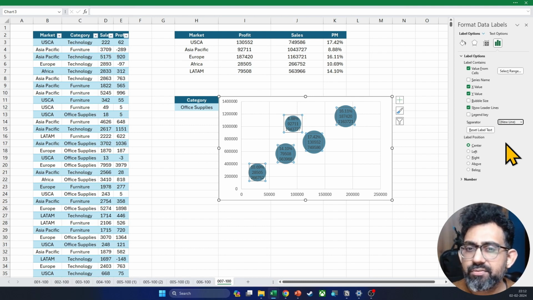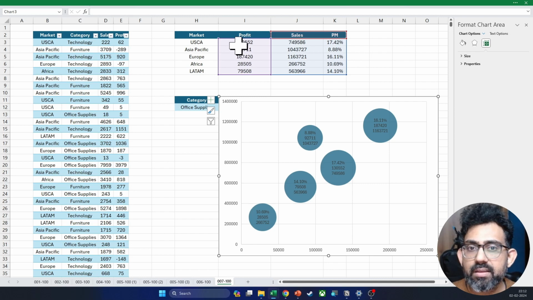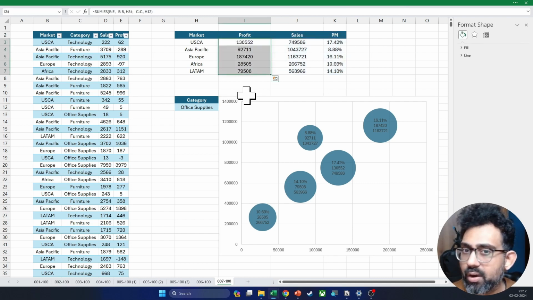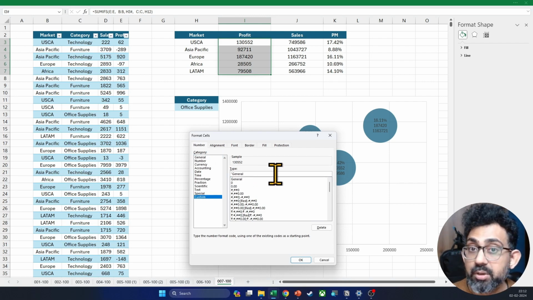Now you might want to make a few additions, which means that how does the user know that the first number represents the profit and the other one is the sales value? So we can make the chart a little bigger. We will select all the 5 profit values that we have. Right click and format cells. And in this, in custom, it says general. So simply before that, in double quote, we will say profit, colon, add a space, and then close the double